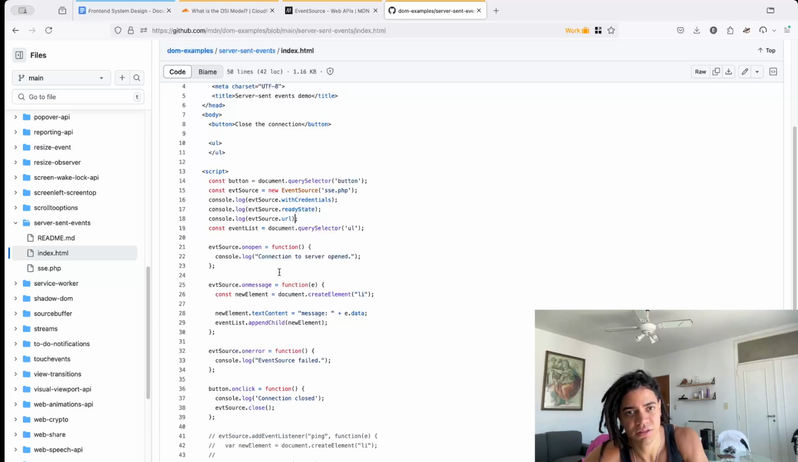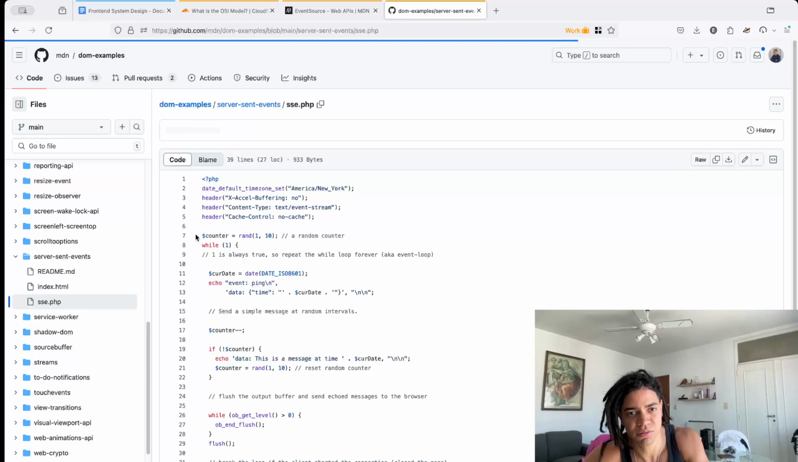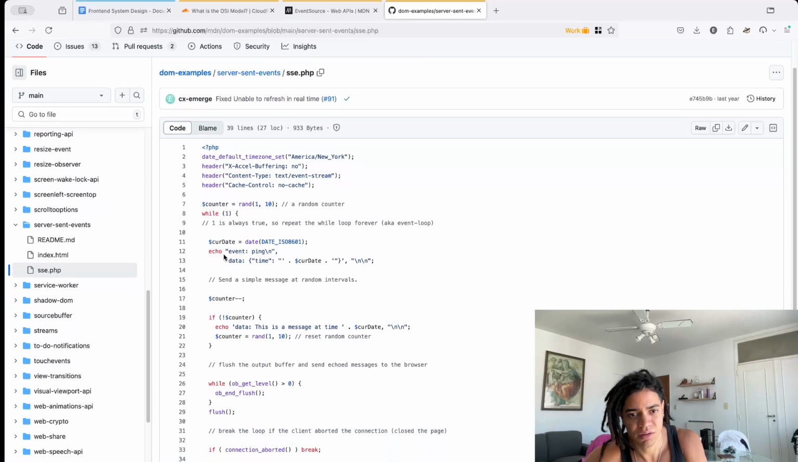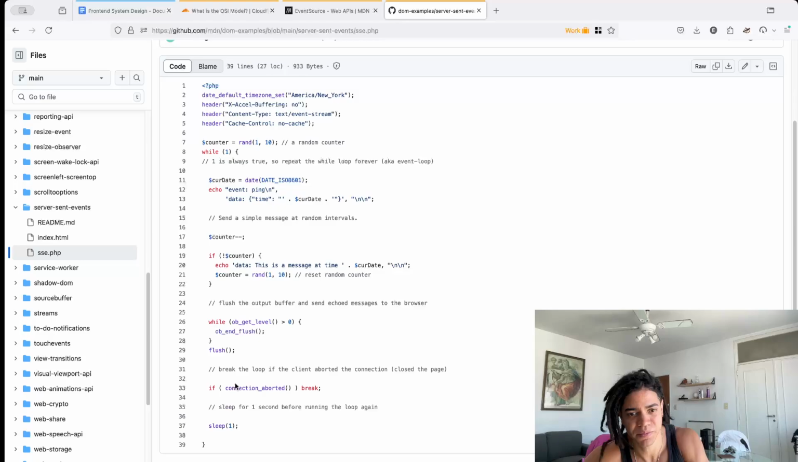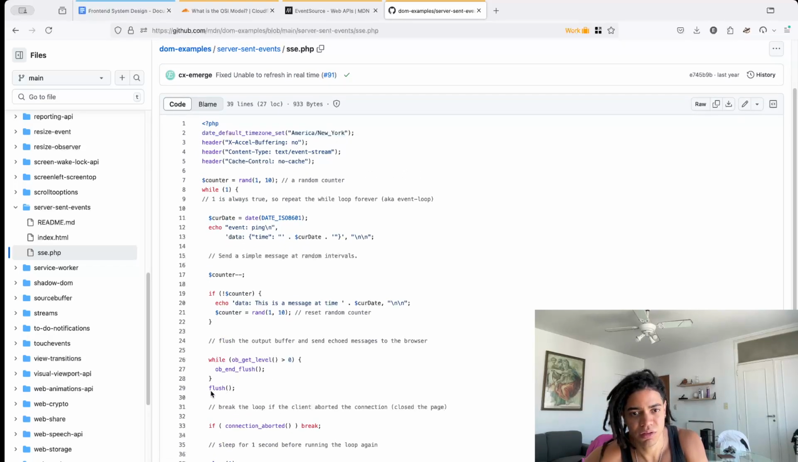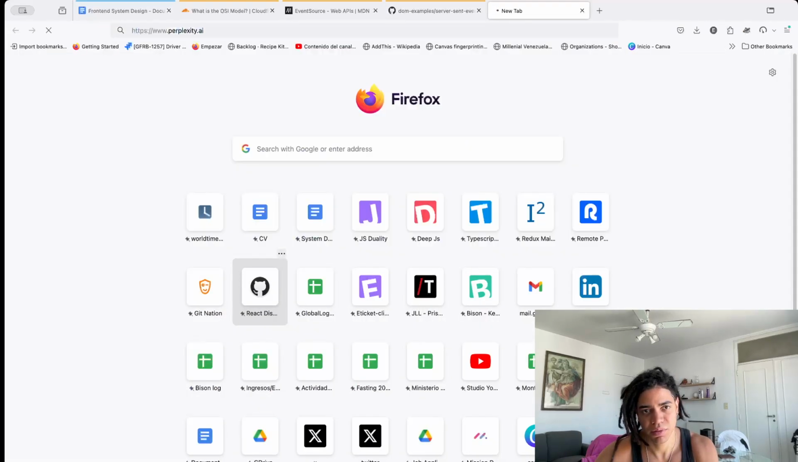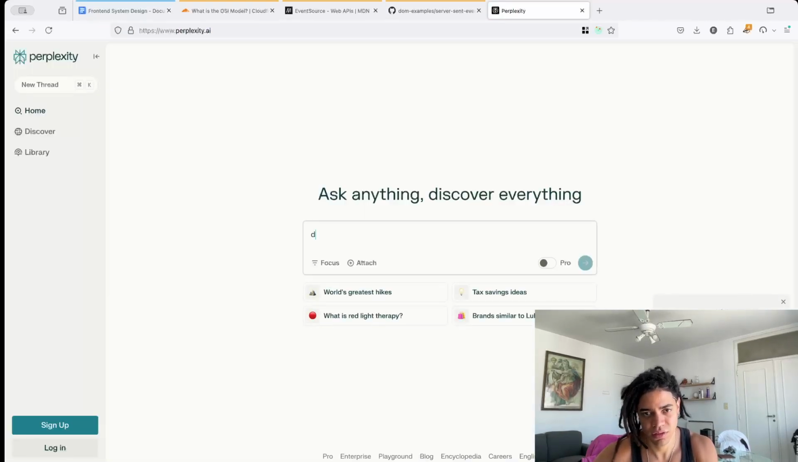And then on message, which is something that in PHP you define here. The way you do that is by flush, which is going to send that. The flush method from PHP is the equivalent of